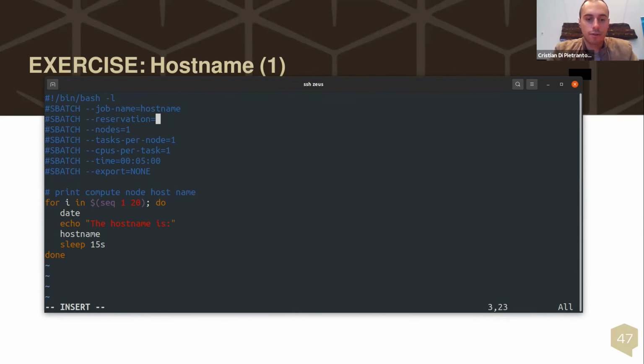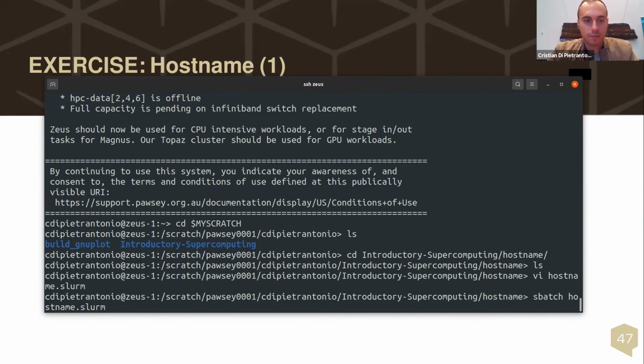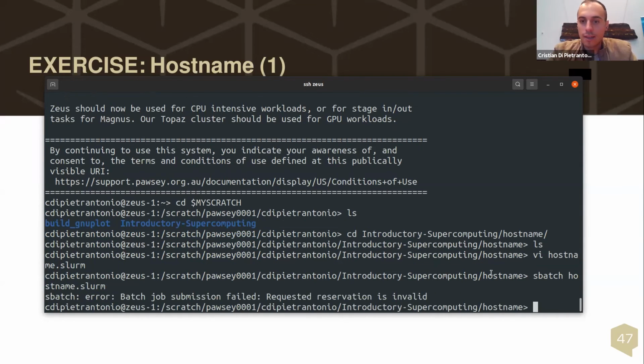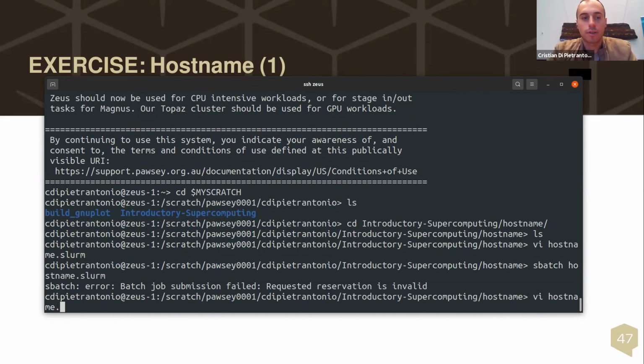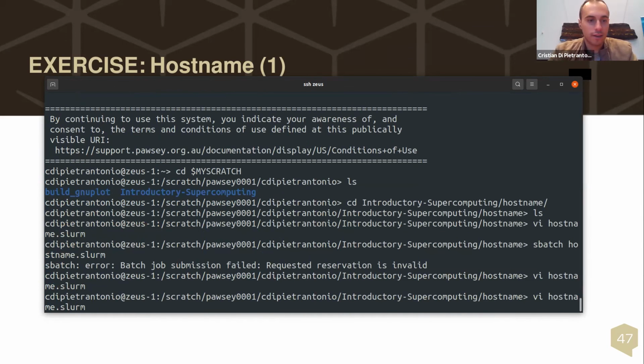So if I leave it that way, and try to submit this job, let's see what happens. If I use sbatch, it says the job submission failed, and the reason is requested reservation is invalid. It means that it does not exist. This is because the reservation for today is named interns queue. Okay, so if I modify this and try again,